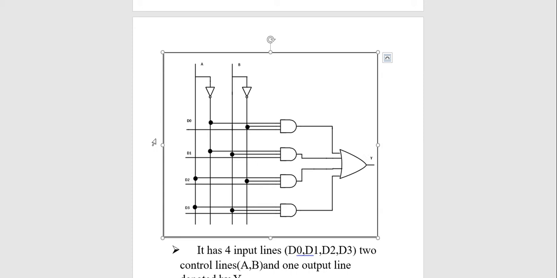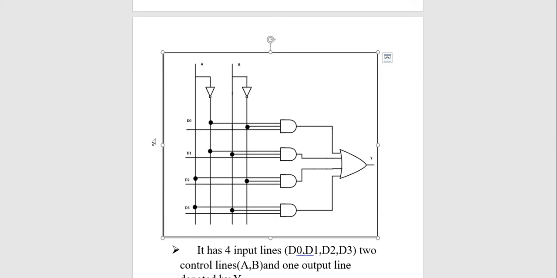So in this way, when you select A is 0 and B is 1, D1 will get selected. If you give the next control as 1 0, that is, A as 1 and B as 0, then the third input will be selected, that is D2.